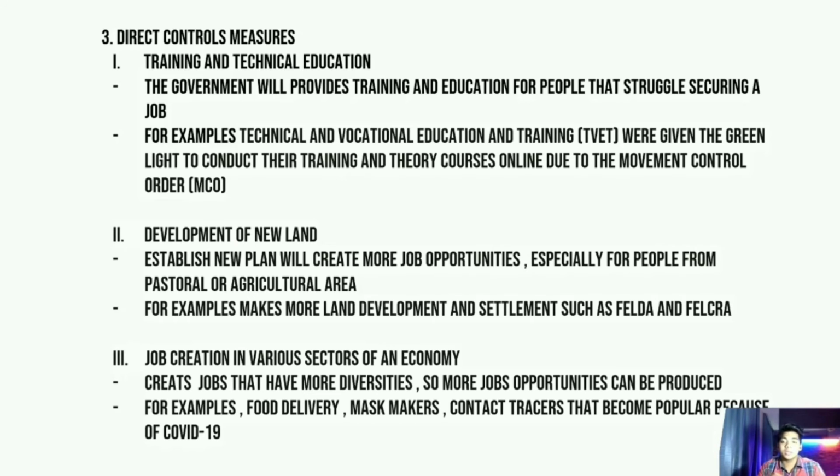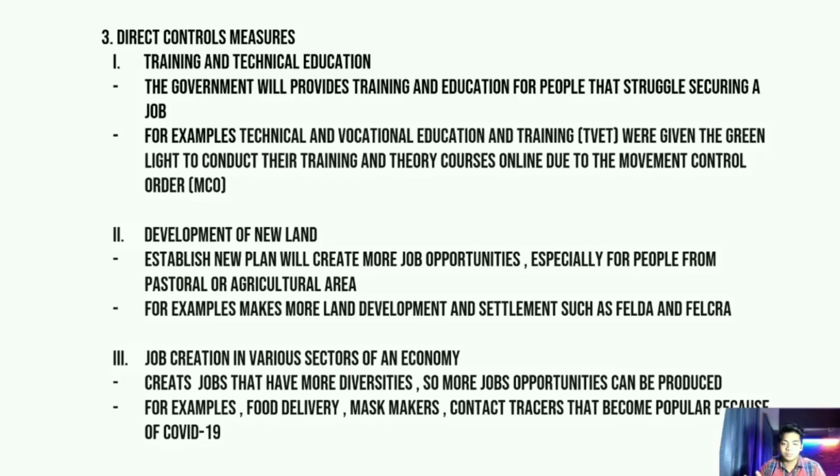Second point is development of renewal land. The government should make a new plan that will create more job opportunities, focusing on people from pastoral or agricultural areas. For example, the government should make small land development and settlements such as Felda and Felkra. This will ensure our unemployment decreases because of more job